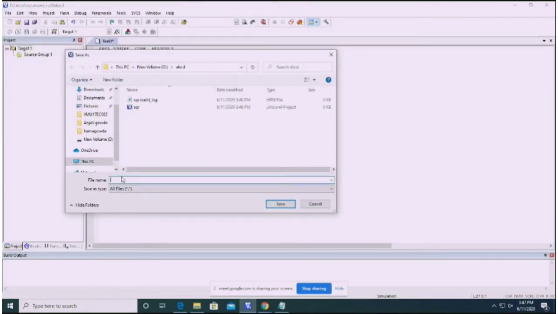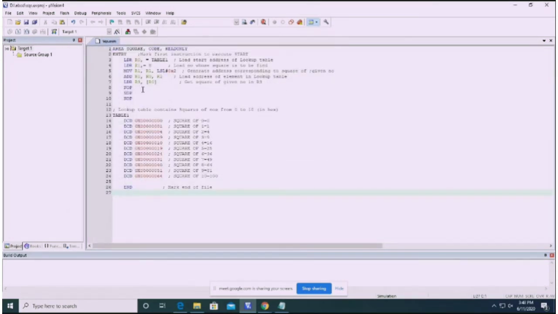and we'll give the name SQR, and the extension is .asm because we have written the program in assembly language. That's why we are writing it as ASM. So once we save this, we need to look for this main thing: whatever is in blue color, those instructions should be written after a tab. Whatever sentence comes after this semicolon will be considered as comments.